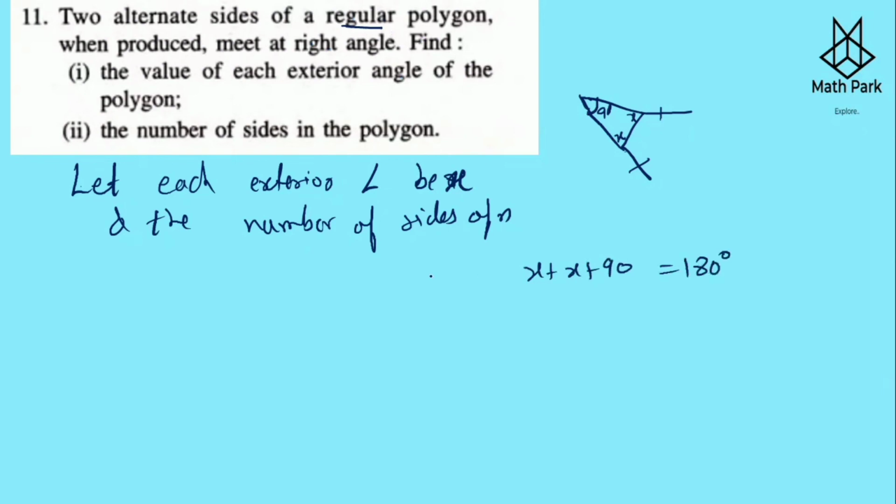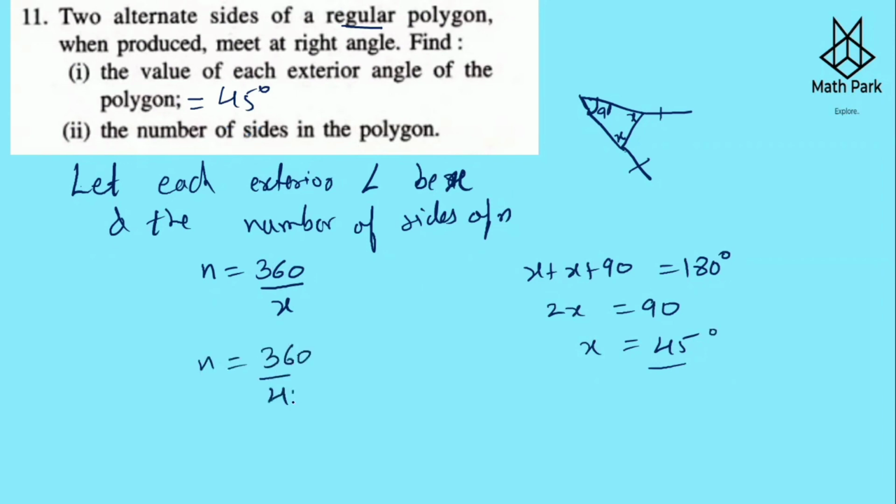We get a triangle over here. And also we have taken each exterior angle to be x. So we get n is equal to 360 divided by x, the number of sides, because the sum of the exterior angles of any polygon is 360. So we solve this equation. We get 2x is equal to 180 minus 90, that is 90, and x is equal to 45. So this is how each exterior angle of the polygon, we get it as 45 degrees. And the number of sides the polygon has is going to be 360 divided by 45,